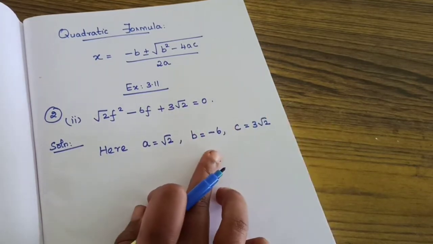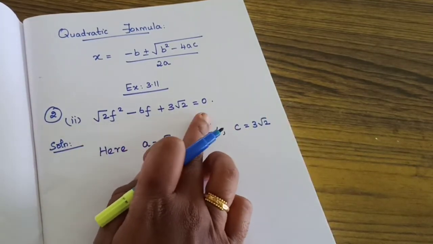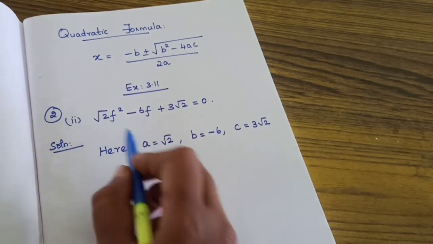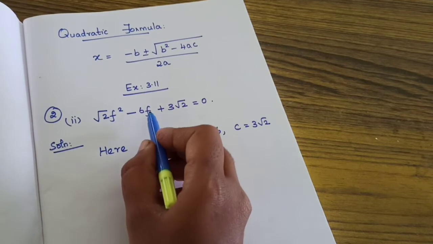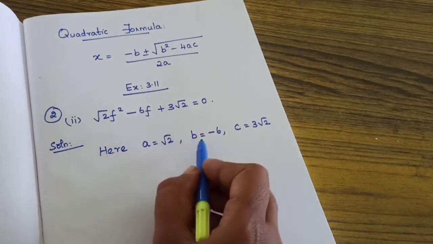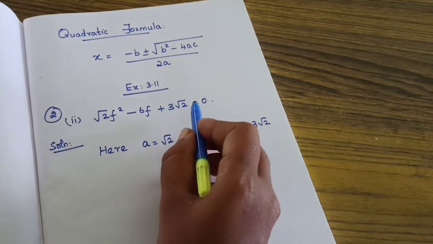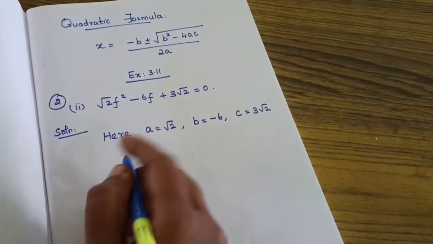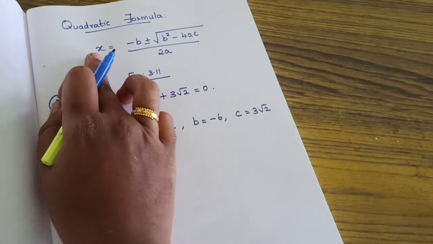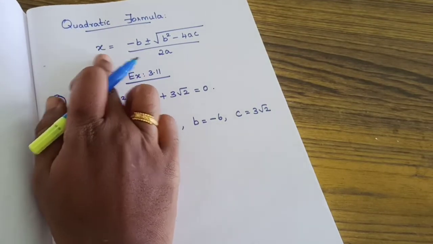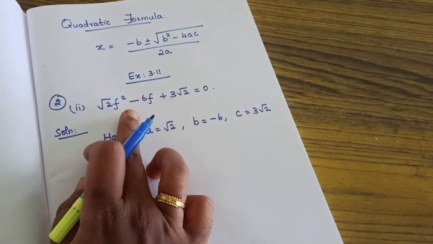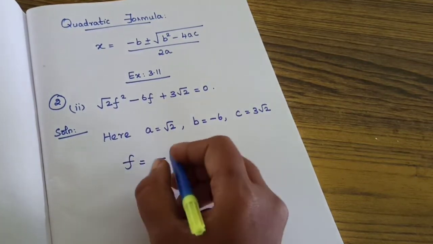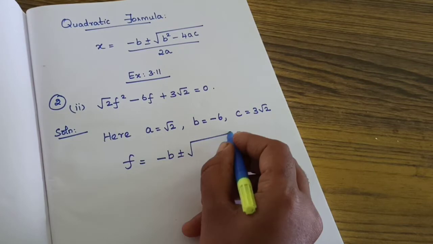How did you choose that? Here the variable is f. The coefficient of f square is a, so root 2. The coefficient of f is b, that is minus 6. And the constant term is c, 3 root 2. Got it? Okay. Now we need to write the formula. Normally for variable x we write x equals. Here the variable is f, so we write f is equal to minus b plus or minus square root of